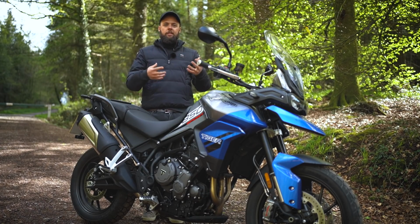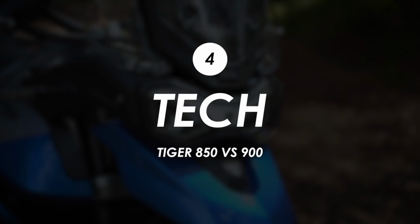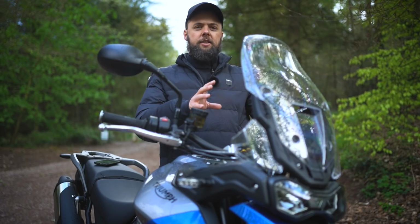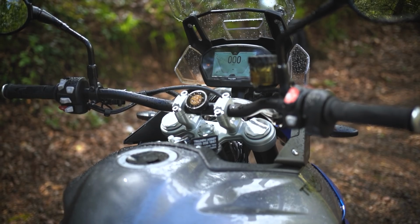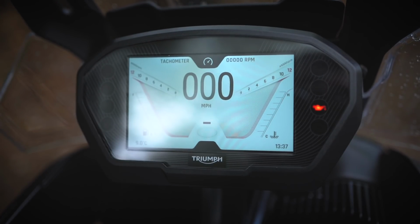If you're constantly changing that configuration, then that's a massive benefit. In terms of electronics, this is a far simpler bike, so you do get a 5-inch TFT dash. It's got the same design style to it. You can change the layouts, you can change the brightness, the day and night modes, but the functionality of it